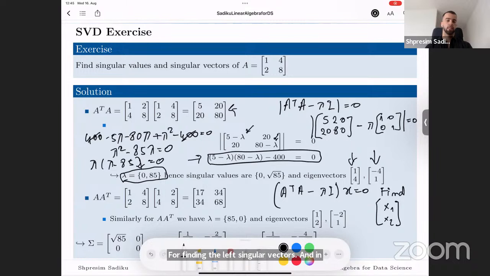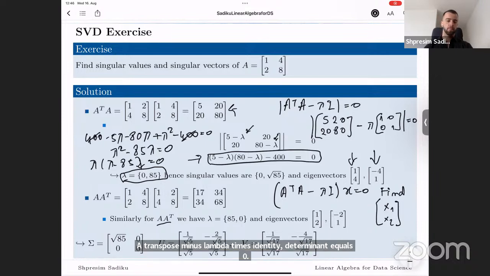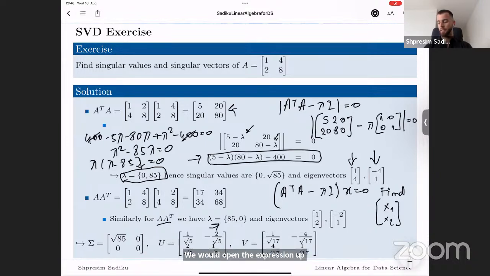And in order to find the right singular vectors, we need to do the eigendecomposition similarly for the matrix A transposed. In a similar fashion, we would write the characteristic polynomial. So first the determinant of A transpose minus lambda times the identity, determinant equals 0. We would open the expression up, find the characteristic polynomial, and we would find that the eigenvalues are 85 and 0. And similarly to here, we would find that the eigenvectors are 1, 2, and minus 2, 1. So we have everything for doing singular value decomposition